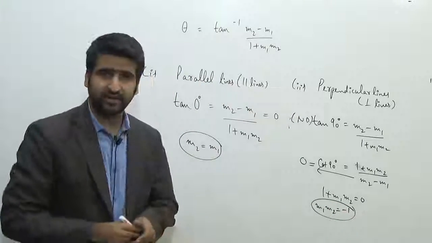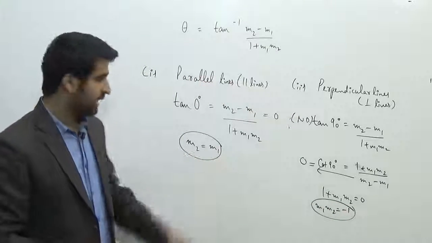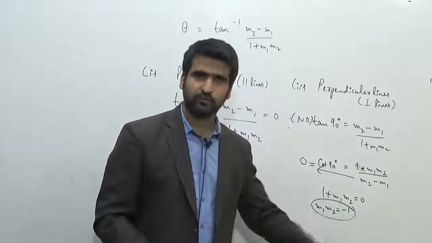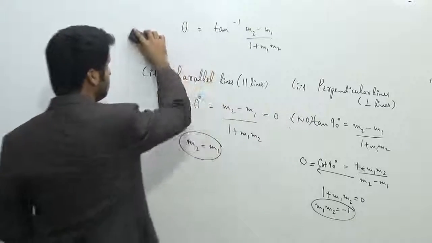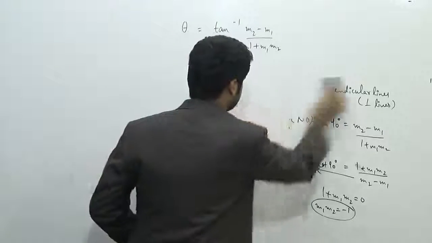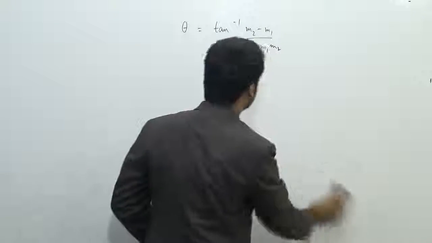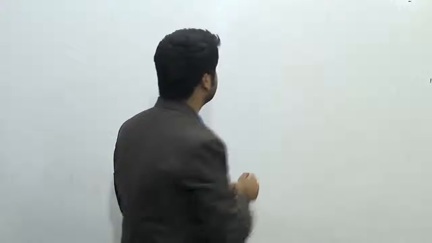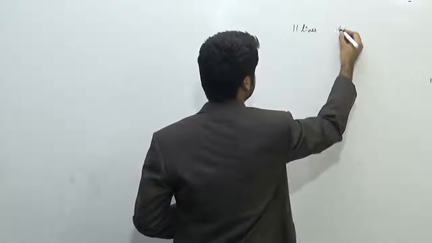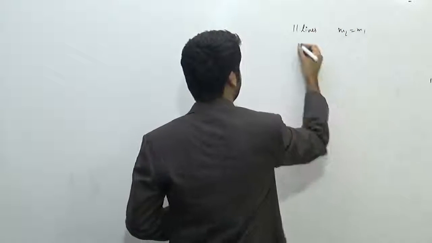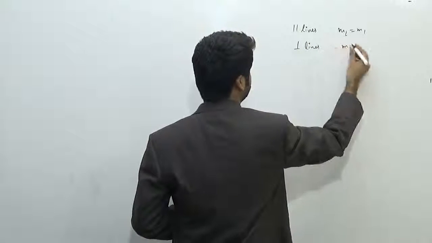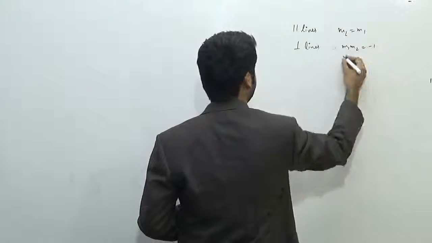So in the case of parallel lines, m1 will be equal to m2, and in the case of perpendicular lines, the product of the two slopes will be equal to minus 1. This all comes from this formula. I'll write these two results over here: in case of parallel lines, m2 is equal to m1, and in case of perpendicular lines, we have m1 m2 equal to minus 1, which means m2 is